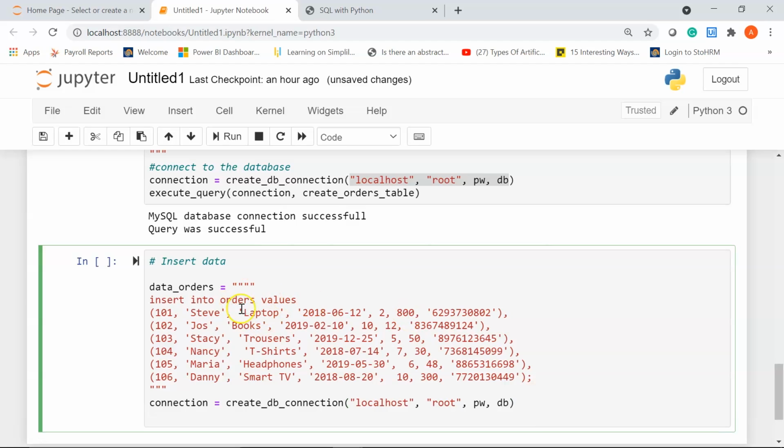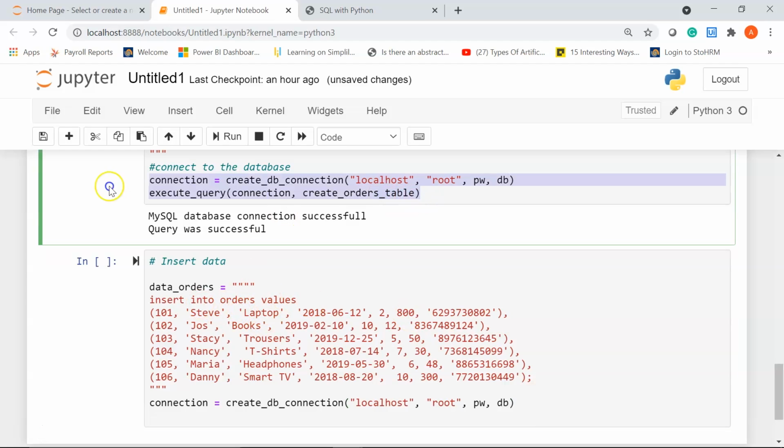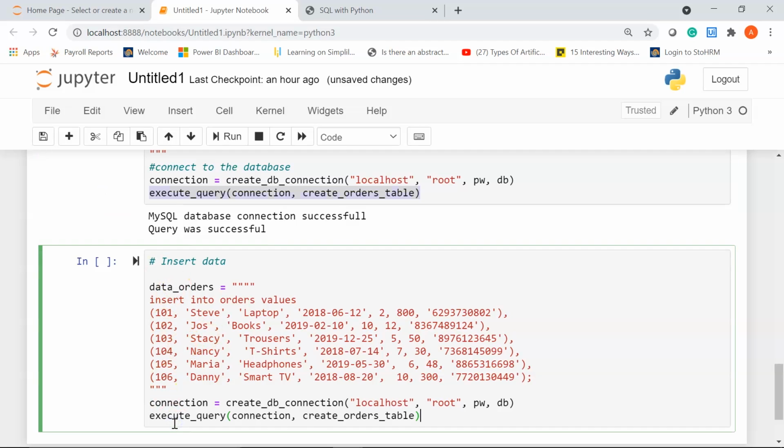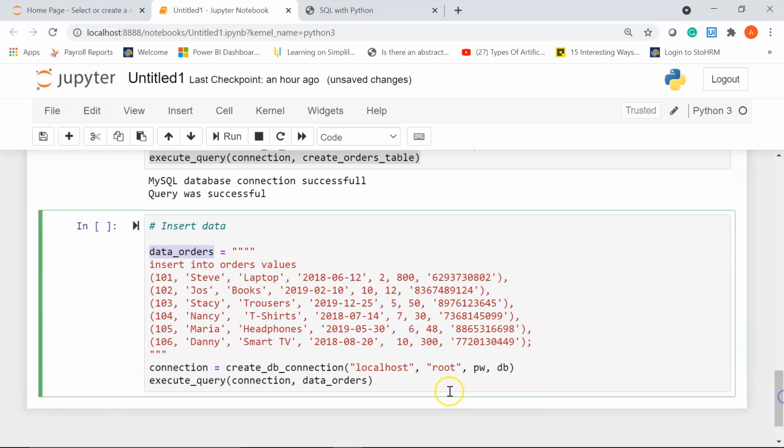Then I'll use the same query as above, which is execute_query. I'll copy this, paste it here, and instead of the create orders table variable, I'll put data_orders. So this will store my insert into command. You can see the variable I've used here is data_orders.